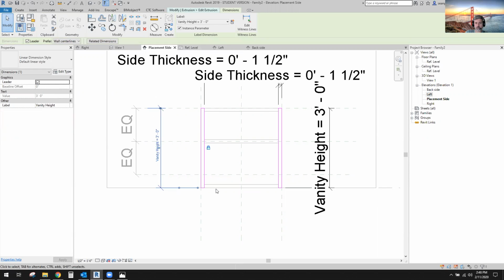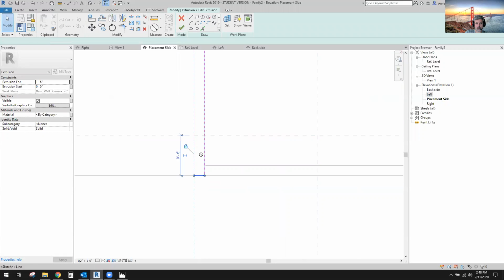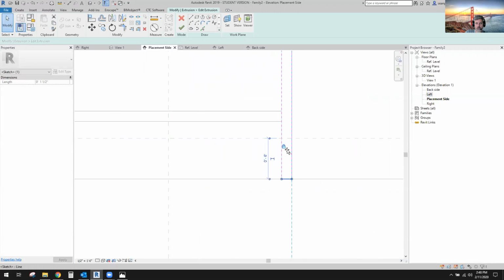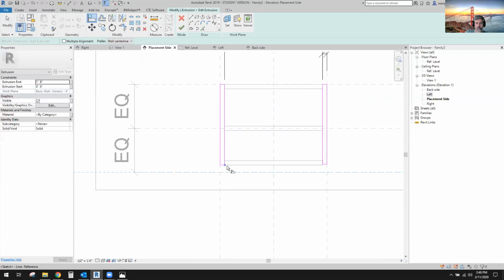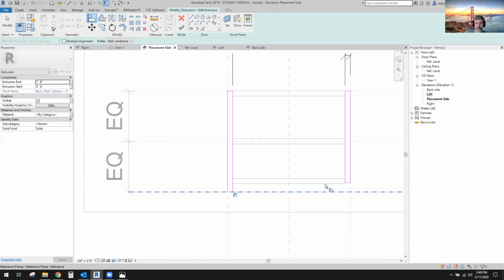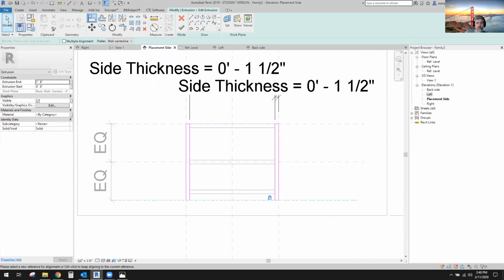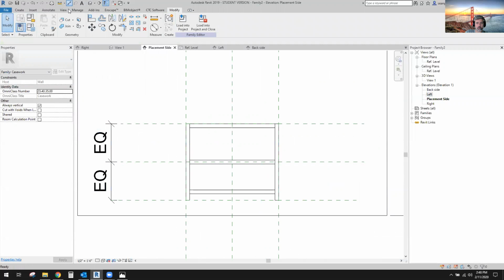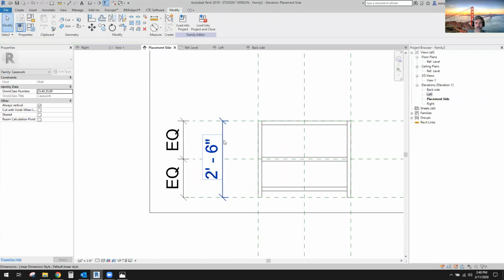I think what we want to do here is just simply delete these off of here. And then these here, go ahead and remove their constraints. This one too, remove it. It's already removed. Okay, and then align it into this reference plane instead. Lock it there and lock it there. Okay, and then finish that one. And then now put in the vanity height here. Okay,